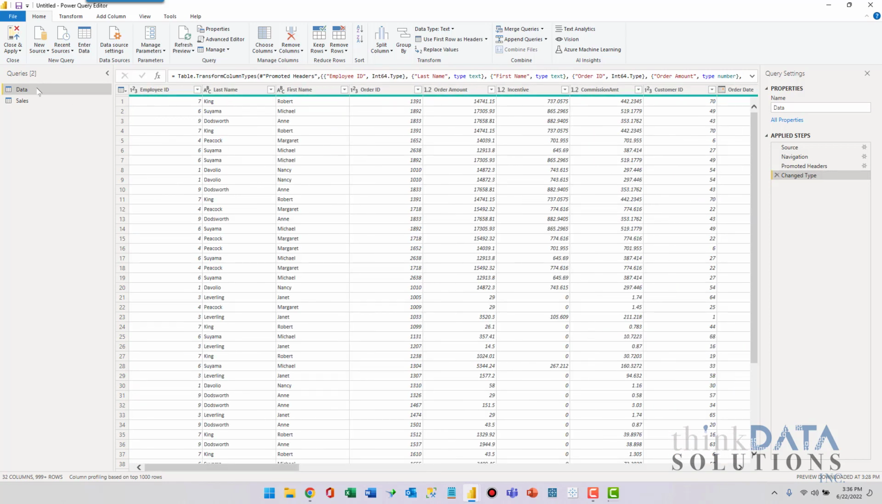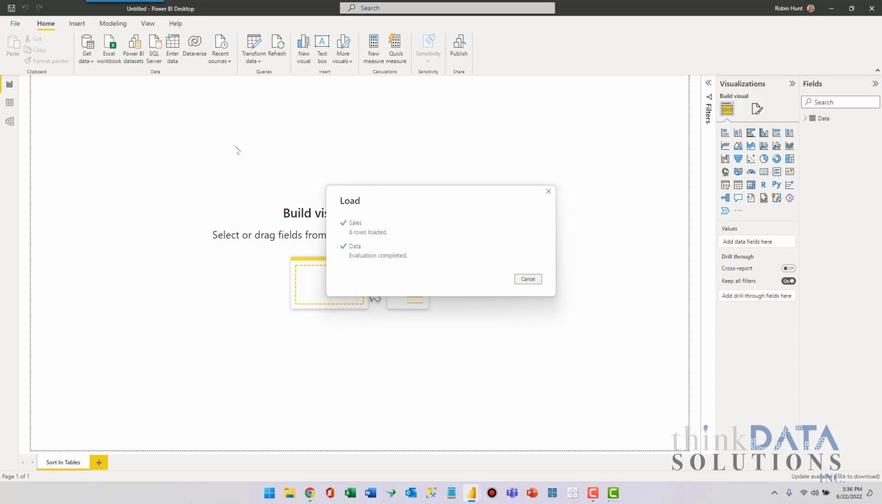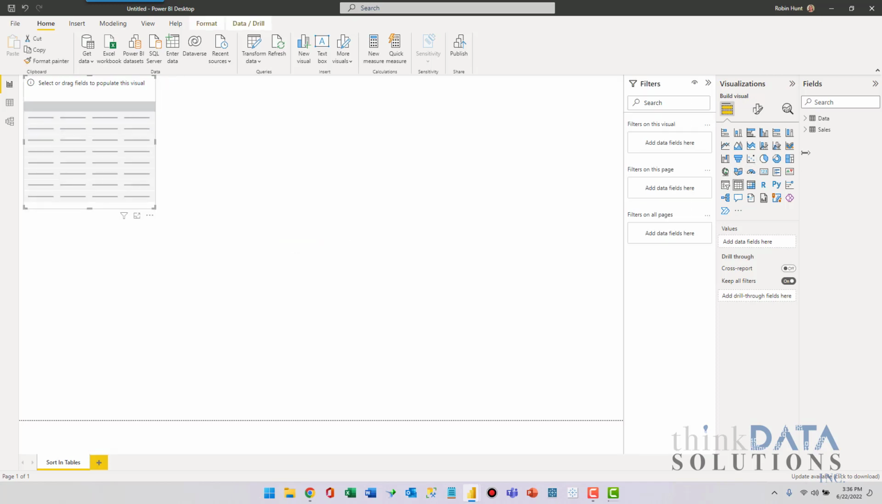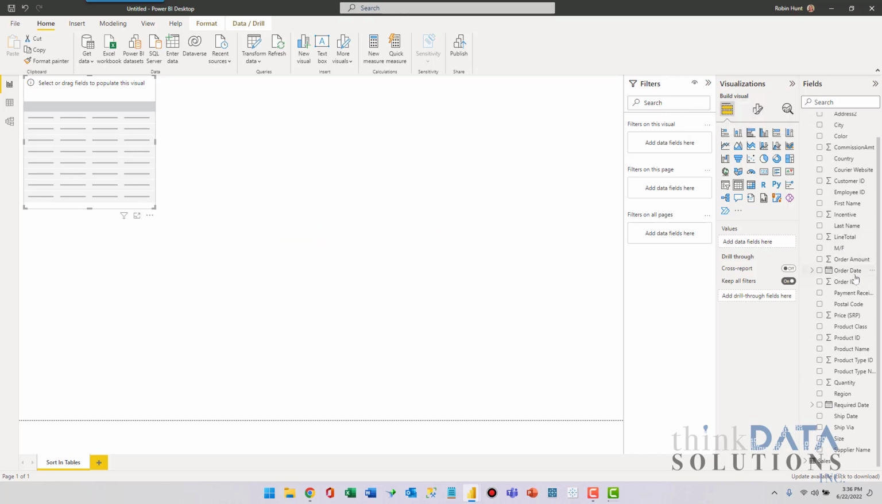Let me show you another way you can sort. And this is on a table visual. So maybe for this specific visual, you need it to be custom sorted by more than one field. So I'm going to add my table. I'll go to my data. And let's see, I'm going to bring in